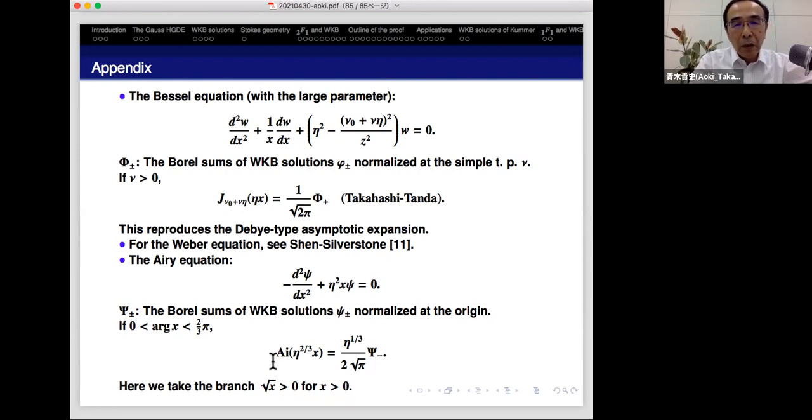It is a very difficult problem. We hope to try to consider the Heun equation, but